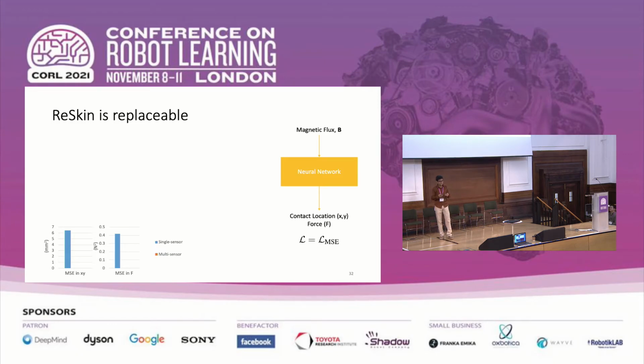which is pretty bad. But if we do the next most obvious thing, that is, we train from a large number of skins, then we're able to get back to sub-millimeter accuracy, and our error on the force also drops to around a third of what it was. This seems like an obvious solution, but for the longest time in soft robotics, this has been a problem, because there's often too much variability in your fabrication process to be able to do something like this, or your fabrication process is so complex that you cannot actually make multiple instances of your sensor to be able to do